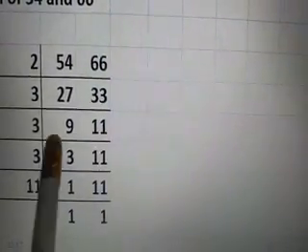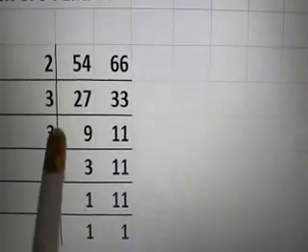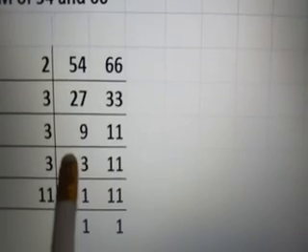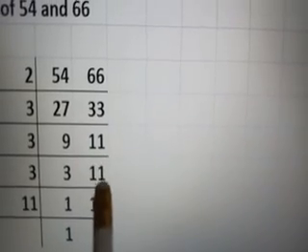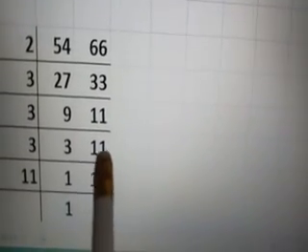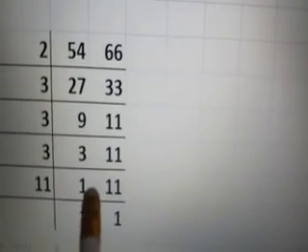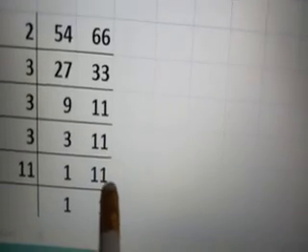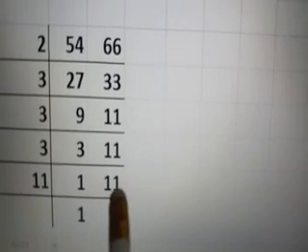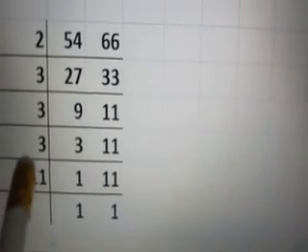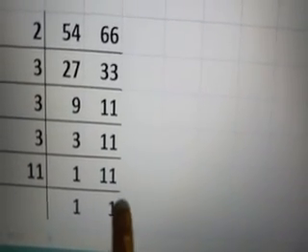Again both are odd numbers, cannot be divided by 2, so the next prime number is 3. 3 threes are 9. As 11 cannot be divided by 3, it will be brought down as it is. Again 3 is divisible by 3, so the quotient is 1 here and we'll bring down 11 as it is. And the next prime number which is divisible by 11 is 11 only, because it is not divisible by 2, 3, 5, 7. So 11 ones are 11.